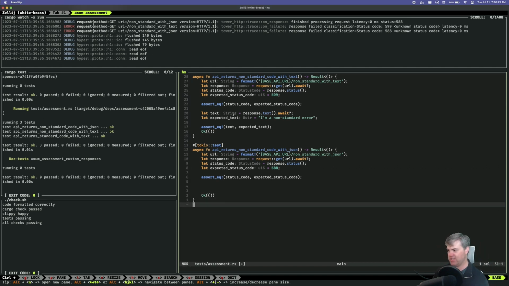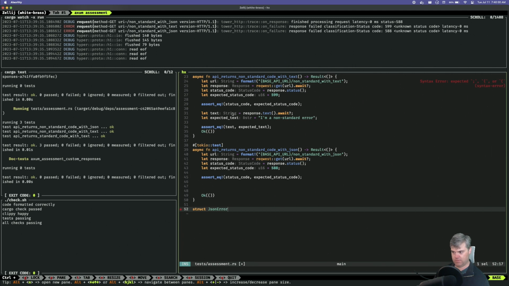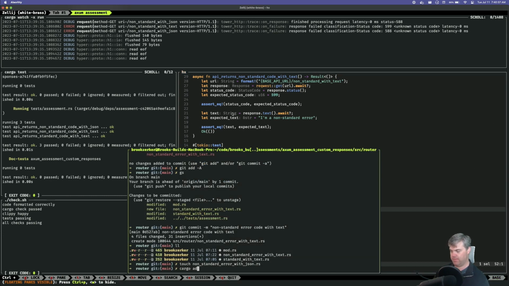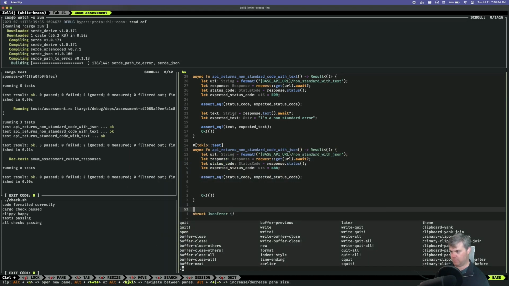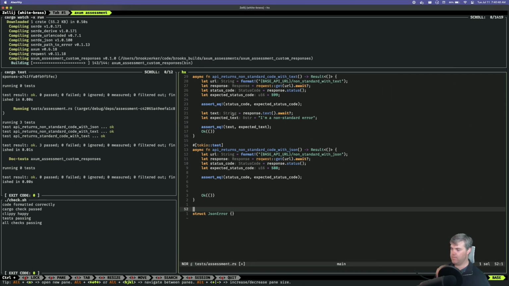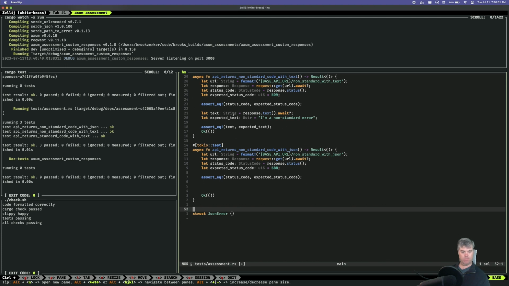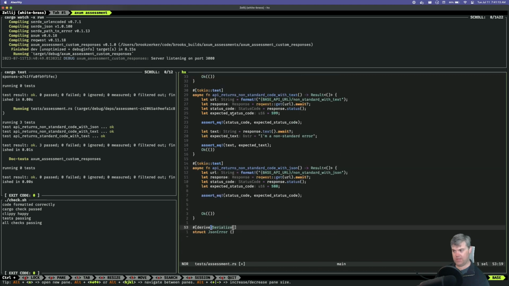Okay, so let's create like what a JSON object should be here. Ooh, I need cert. There you go.